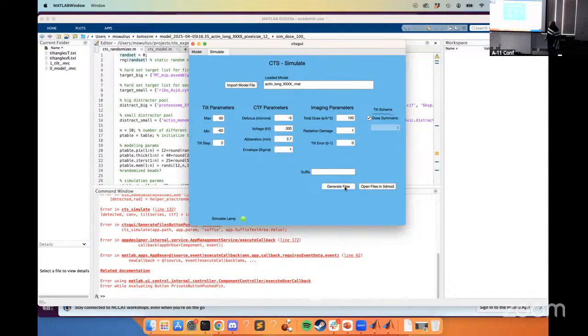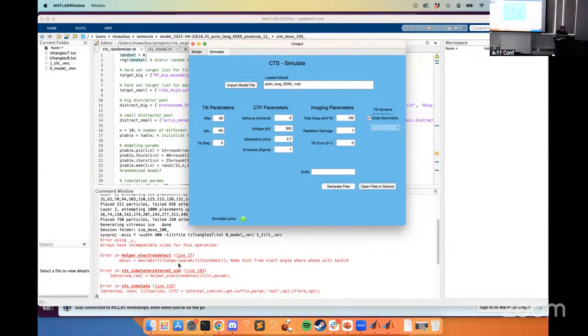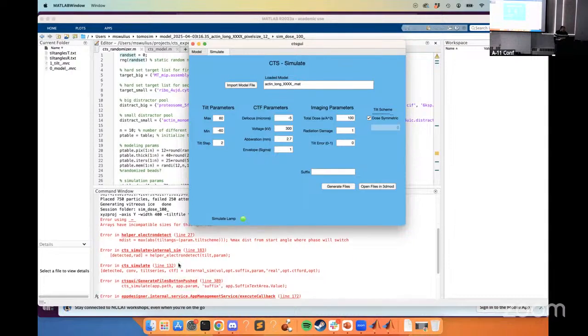If you tell it the wrong dose, will it obliterate the sample or not give you very much info? Yeah, it won't look exactly like the microscope, but it'll obliterate it. It won't give you bubbles. It doesn't make bubbles. The radiation damage is the one place where there's actually a source of Gaussian noise that has to be applied externally. But that Gaussian noise will quickly